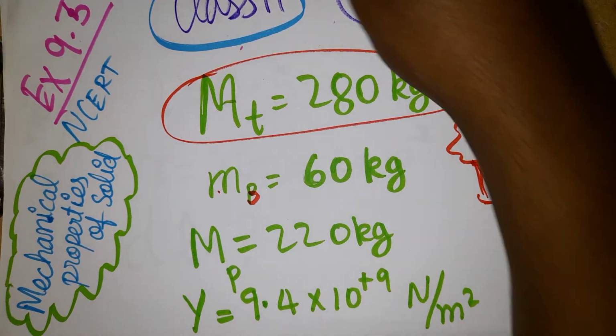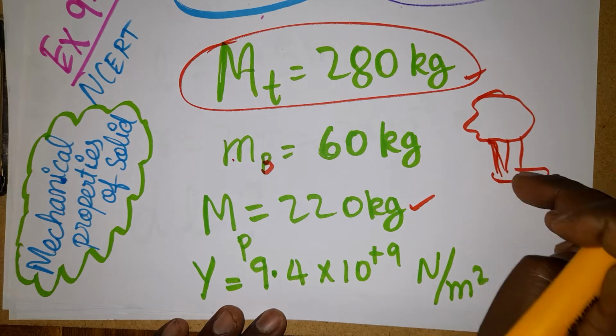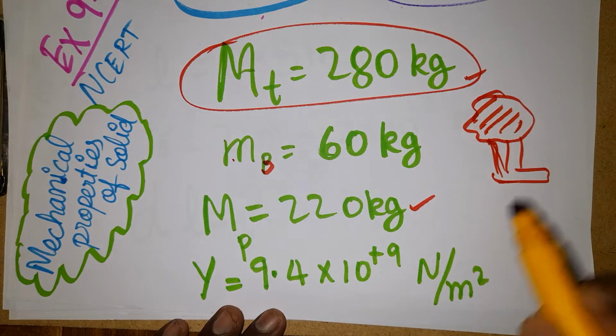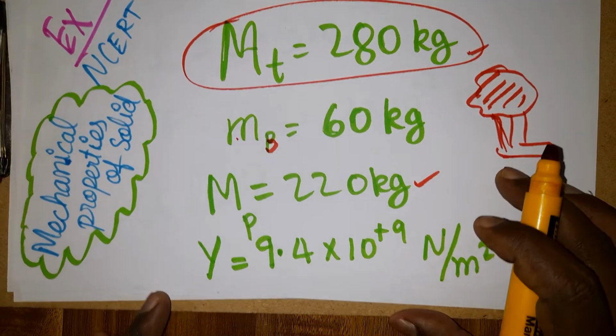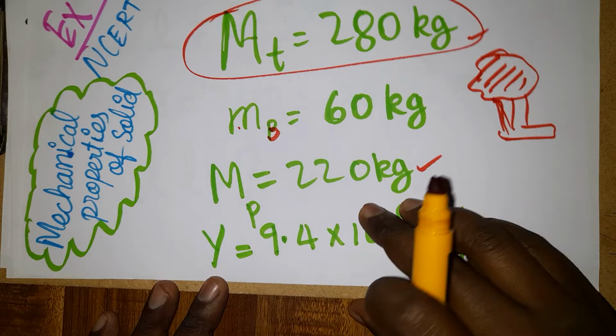That means the resultant mass is going to be 220 kg. I am just subtracting because he is standing down, holding all the performers. So for the modulus of elasticity of the bone, from the tabular column I have taken 9.4 into 10 power plus 9.